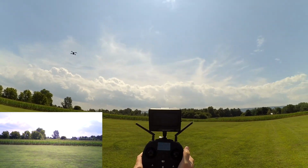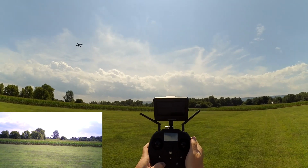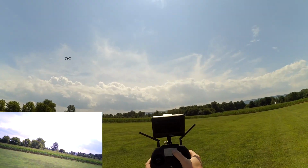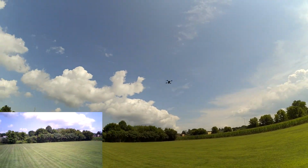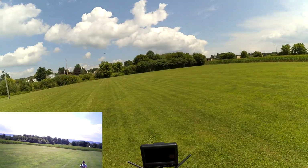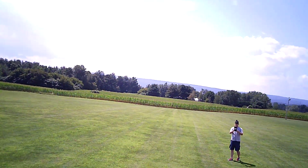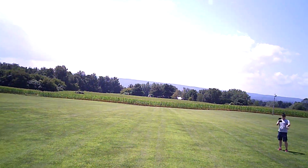So to put this in circle me mode, you're going to push and hold the mode button. And then it's going to change this to a C. And then this thing's going to kind of turn on its own. Let's see if we are in the shot. We are in the shot. So it seems to be...